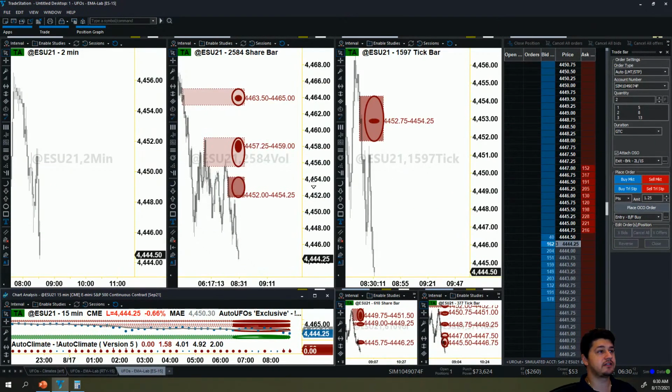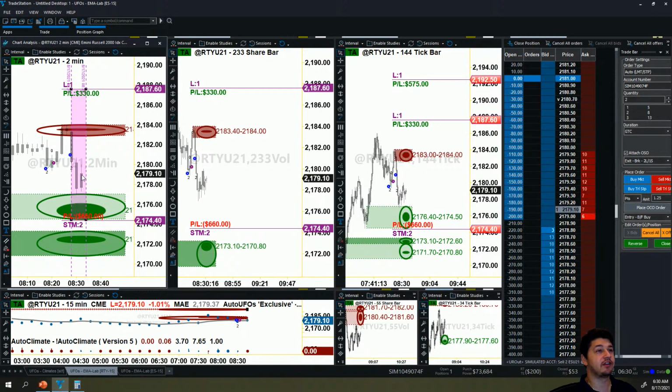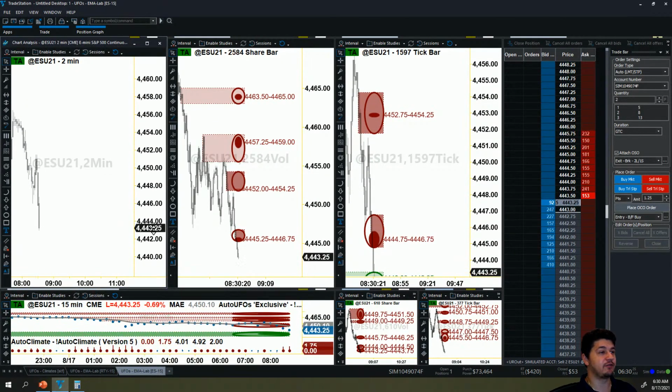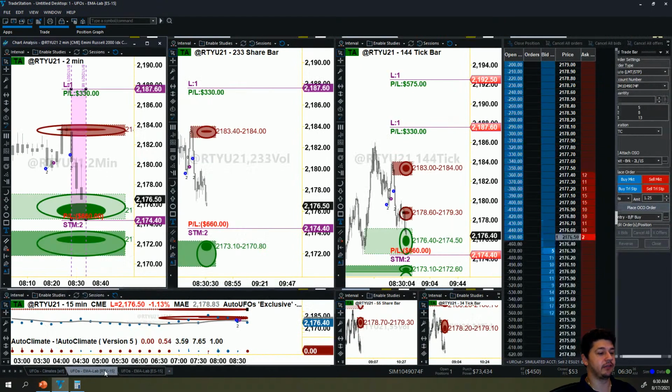ES is shooting down lower. Most likely this will follow. But as you see, the Russell's holding its own while the ES is definitely pushing lower and lower. It kind of sucks that we're not in this trade because it is about to touch that T2 at 44.40, I think it was even. But, it is what it is.